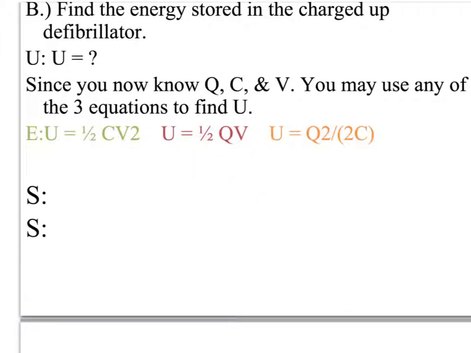Now let's find the energy stored in a charged-up defibrillator. In this part of the example, our unknown will be U, our potential energy. Since we already know Q, C, and V, we may use any of the three equations we have to find potential energy. Each has their pluses and minuses. I personally, in this situation, would use the green equation, potential energy equals 1/2 times the capacitance times the voltage